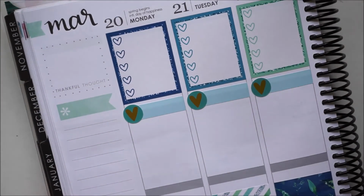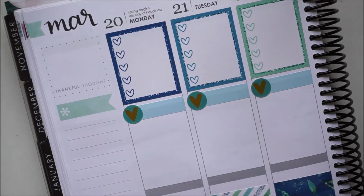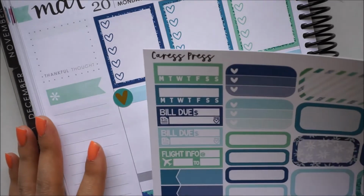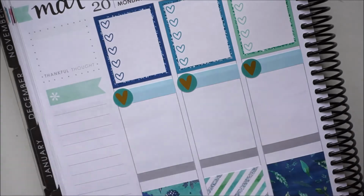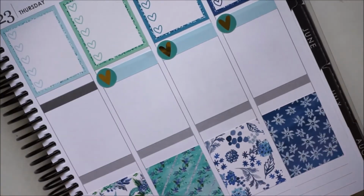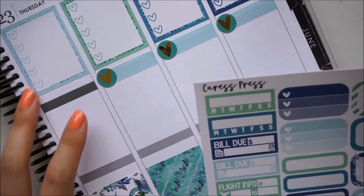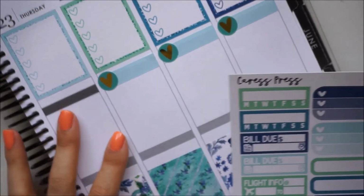So that's it for work. Now I think I'm going to mark down just some of the other things that I know for sure are happening, like bills, and then a flight for one of my family members. So I'm going to use one of these bill due stickers. I don't know the exact flight info, it's just my dad is flying, so I want to mark that. But I do have a bill due on Thursday, so I'm going to go ahead and maybe do the blue